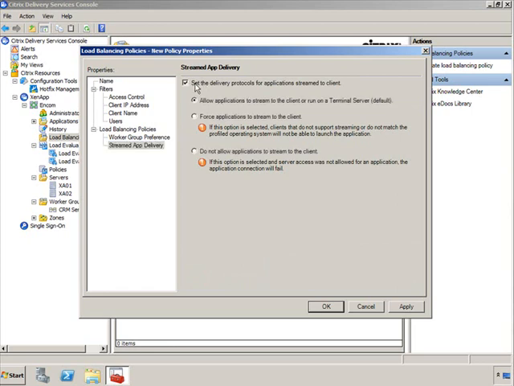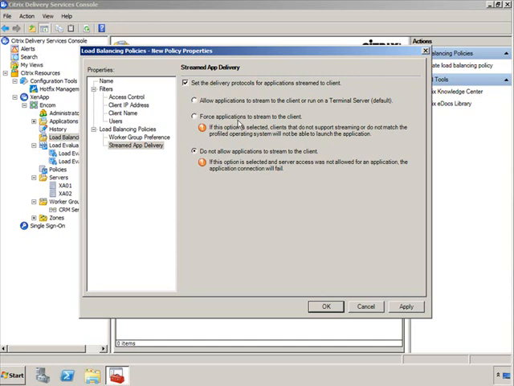So if you set the delivery protocols here, again, pay attention to some of the notes, because what you're doing here is basically saying that any users that are in the IP range 192.168.0.x to .255, you're forcing them to allow the application to stream, so you're able to stream to this client, or you might want to force them to not allow it to stream to the client. So for example, if they're connecting from the outside world and you don't want that application to run on a foreign machine, you can configure a policy to disable it specifically and explicitly,